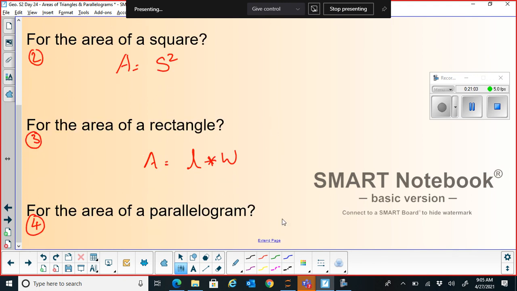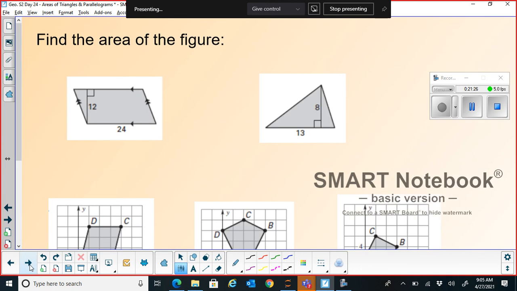Area of parallelogram is similar to the area of a triangle. There are two triangles, but it's not half, it's base times height. It's just base times height. Okay, area of parallelogram is base times height. Let's move on to the next slide. Find the areas in this particular figure. Okay,